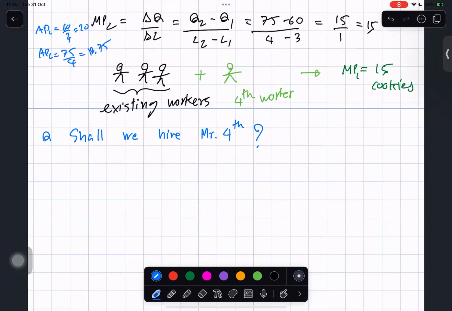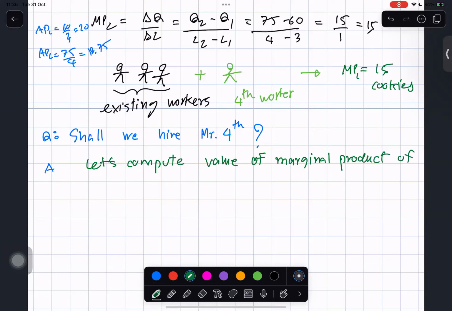Okay, let's take a look a little bit. We should compute the value of this marginal product. Value of MPL, value of marginal product of labor, which equal to